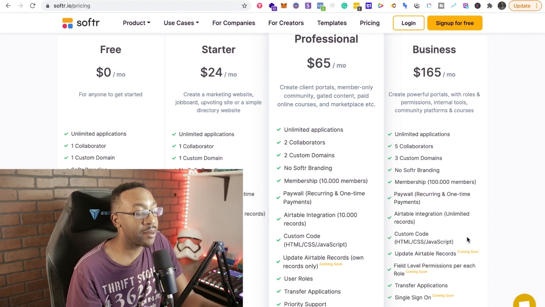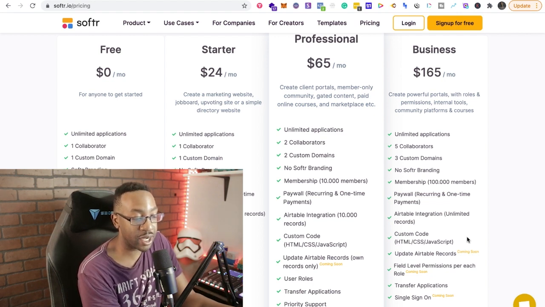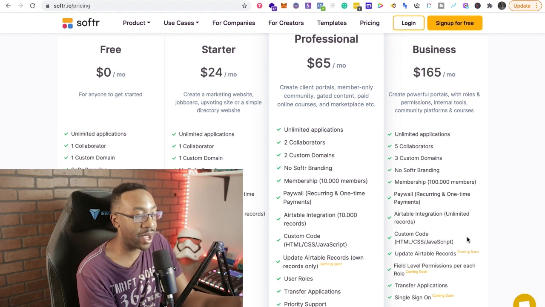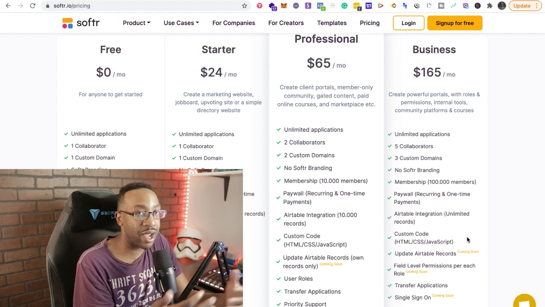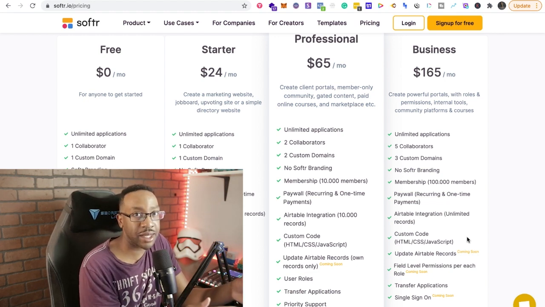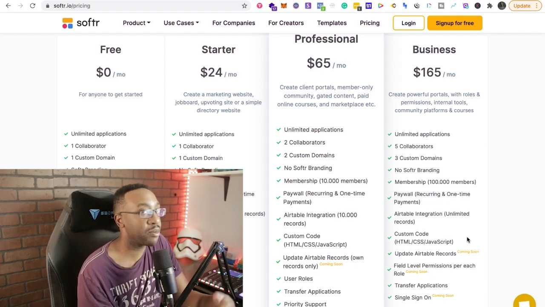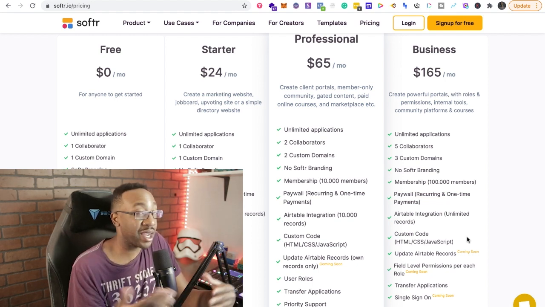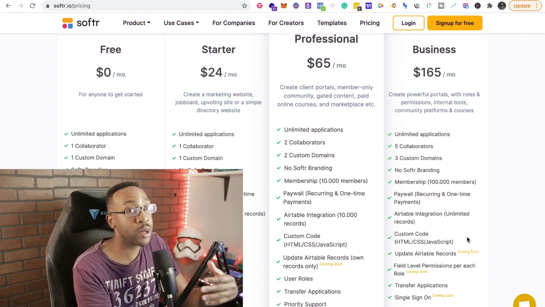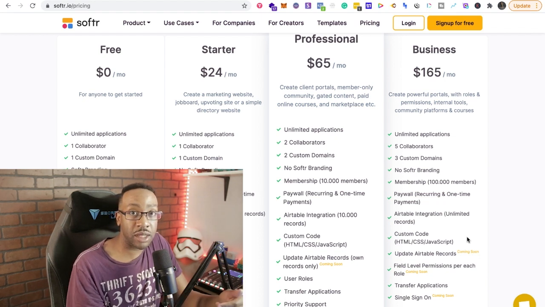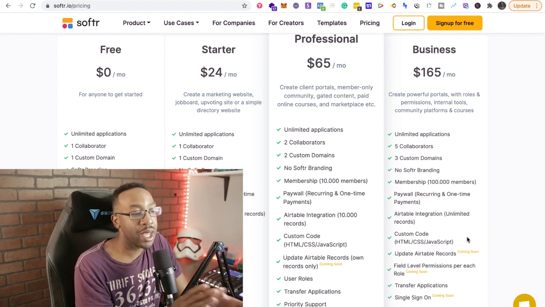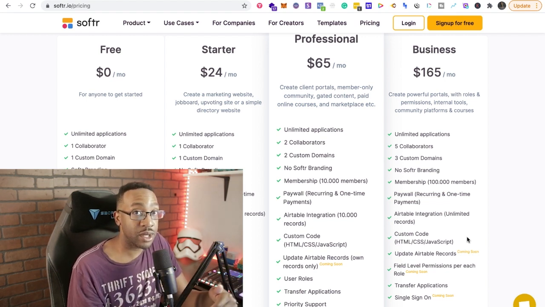In the starter program, then I can take away this Softr branding if I want to. I can also have more rows of data, so I'm getting more people that I can start having in my membership, my marketplace, anything like that. And if I'm looking at 1,000 records, depending on what I'm doing, either memberships or a marketplace, I could even do a freemium model where I'm having more people signing up to get started. Then I can upsell via an email list or upsell in whatever I'm offering in a marketplace or membership. And then I can go into the professional or business plan as well.